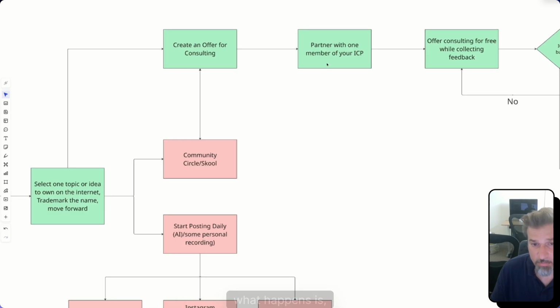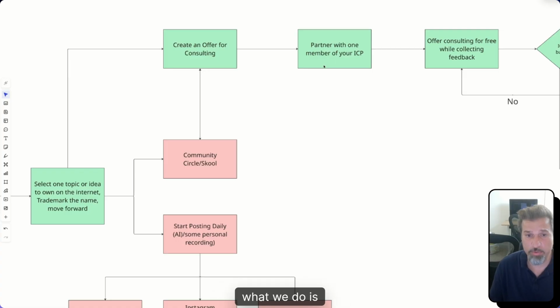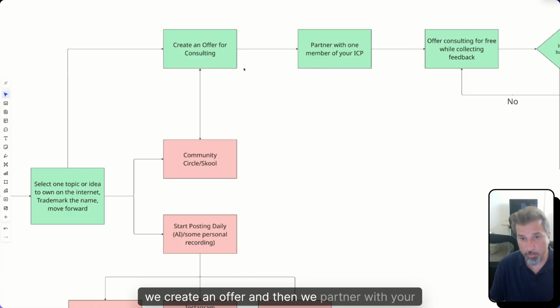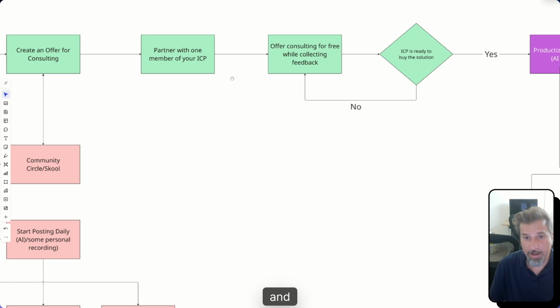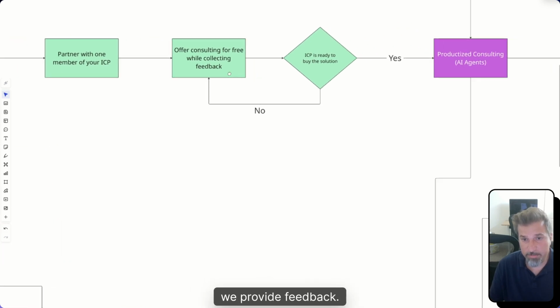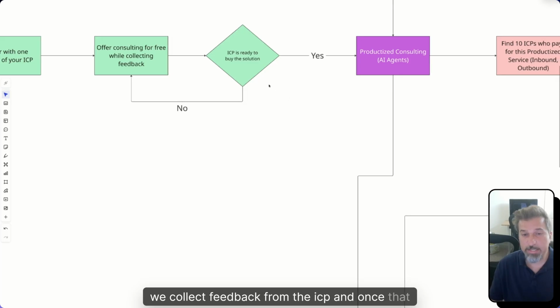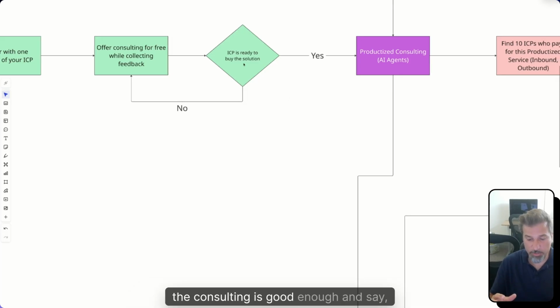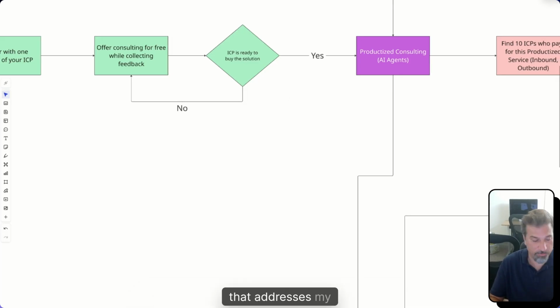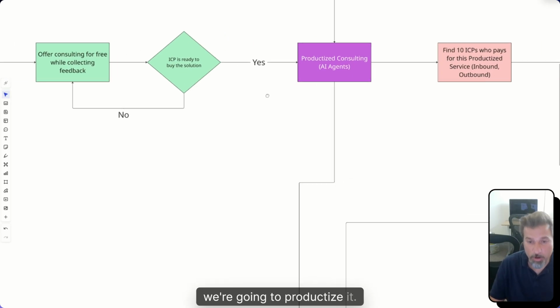So what happens is, we create an offer and then we partner with your ICP and we collect feedback from the ICP. And once that solution, the consulting, is good enough and they say, oh, that addresses my problem right now, we're going to productize it.